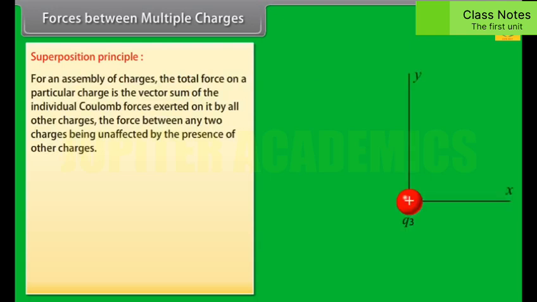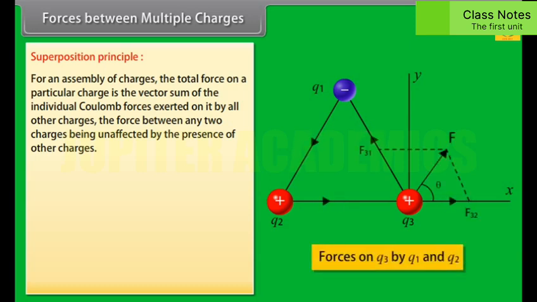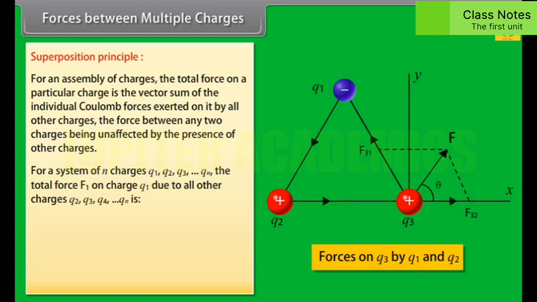For an assembly of charges, the total force on a particular charge is the vector sum of the individual Coulomb forces exerted on it by all other charges, the force between any two charges being unaffected by the presence of other charges. For a system of n charges, Q1, Q2, Q3 and so on till Qn, the total force F1 on charge Q1 due to all other charges Q2, Q3, Q4 and so on till Qn is F1 is equal to F12 plus F13 plus F14 and so on till F1n. This equation can be written as